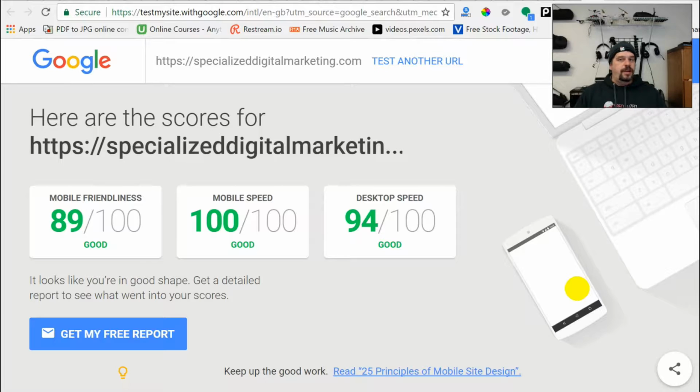Now, I've done everything on site properly, and on a shared hosting account, I still have a hard time getting those 3 green scores just because of the way shared hosting is. So that's something else to keep in mind. If you really want a top performing site built on WordPress, I can definitely do that for you, but it might involve changing the type of hosting plan you have, maybe even your hosting company, and adding on some extras like a content delivery network. But it is doable, and if you want to be on the top of the heap, it can really help,